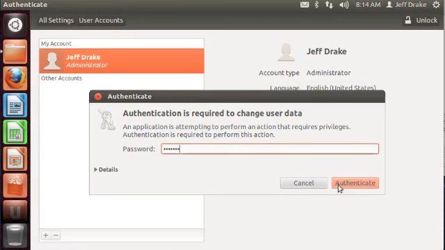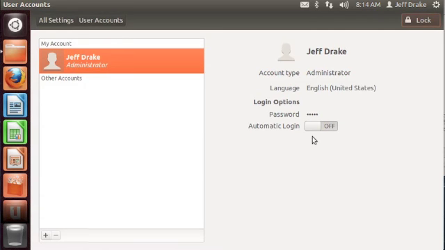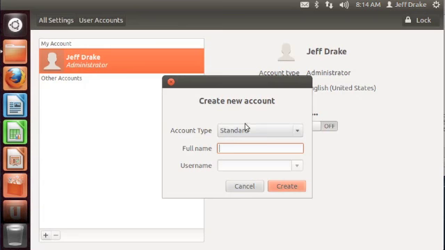If you're familiar with user access control in Windows 7, this is very similar to that. I'll select the authenticate button, and once I've entered in that password, then I can select the plus or create a user account button and fill in a name. So let's just fill in a name here. We'll say it's John Smith. We'll set it as an administrator account. And what I would like for you to do is to use your student ID, or student login name, excuse me. Then I select the create button,